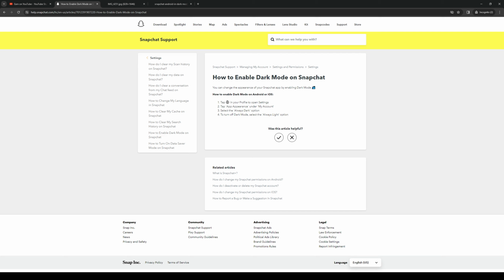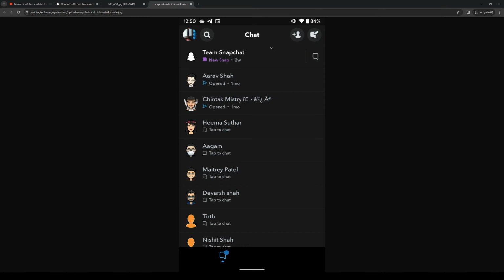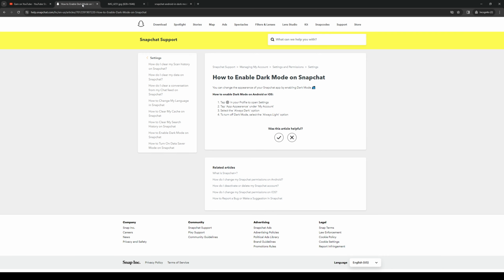And the gear icon is usually found at the profile icon menu. So where you would want to go is you want to click on your profile icon right here, top left, and this will show you a drop down menu, and that's where you actually get to access the options. So just to recap, profile icon, gear icon, and then click on settings, or rather simply select settings from the profile icon. Now from there, you want to click on app appearance under my account, and it looks something like